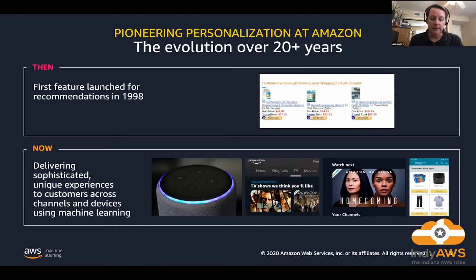And we found that through machine learning there isn't a single model or algorithm that solves the personalization challenge. It actually takes multiple algorithms and multiple approaches. And as you'll see with Personalize, we package that into a service for developers and AWS customers to use in